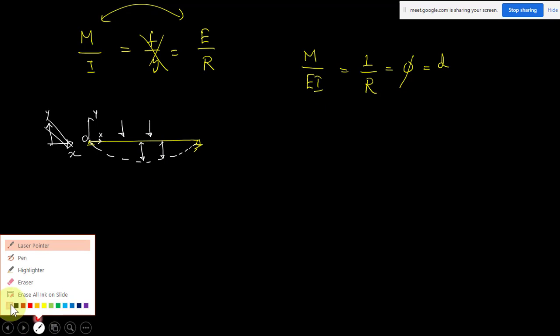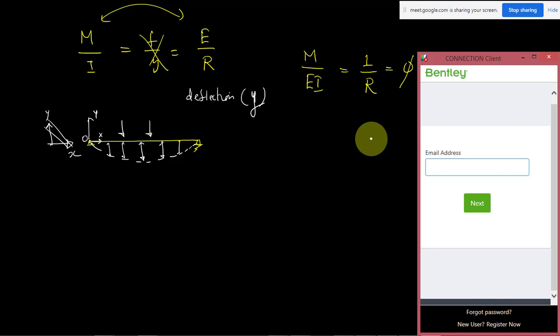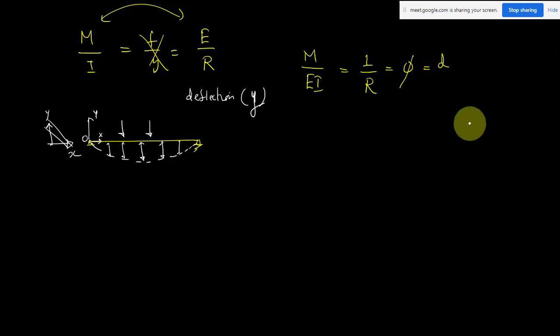This vertical displacement of the beam we call the deflection, or vertical displacement of the beam, usually denoted by the letter y. Why? Because the x coordinate is along the length, along the span of the beam, and y is the vertical coordinate. This y can be negative when the beam is moving in the downward direction. So this vertical displacement of each point of the beam is known as deflection.